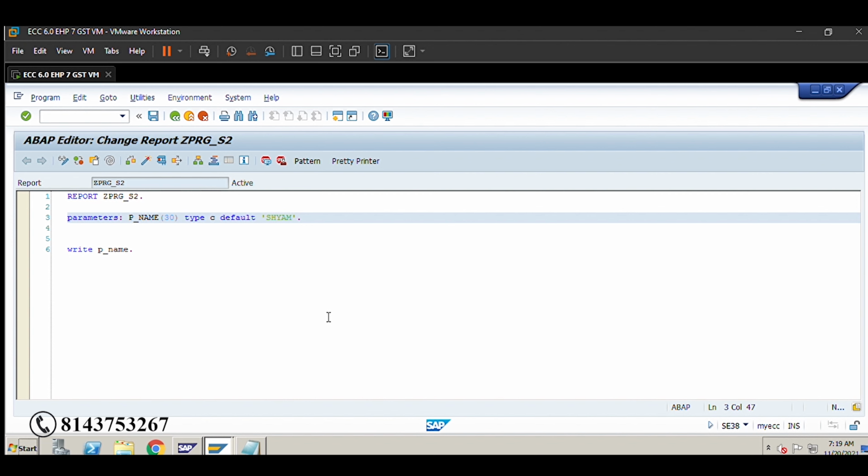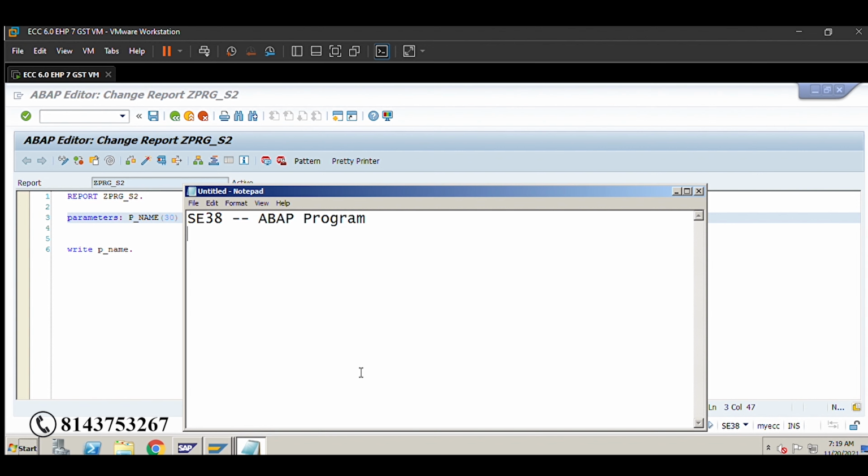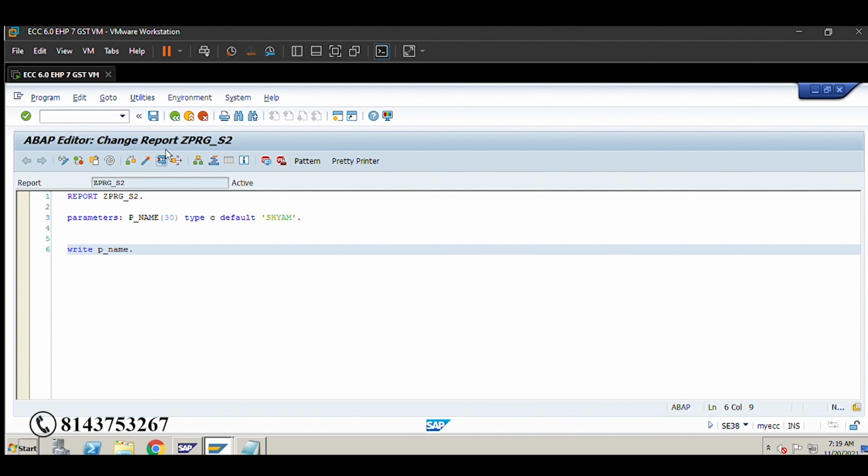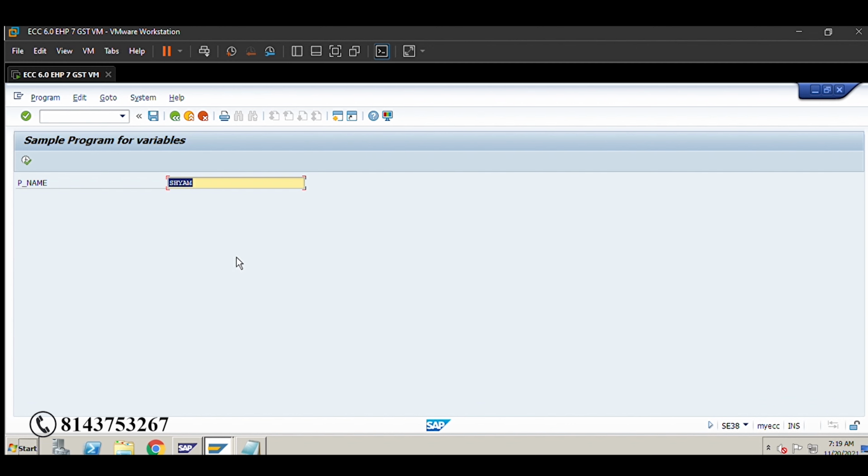Okay. So see here, we have seen three different screens. Okay. So I will differentiate those three screens. So now you are able to see this code, right? So it is called as a source code screen. Okay. Because we are writing the code here. Okay. And it is the source of our program, then it is called as source code screen.